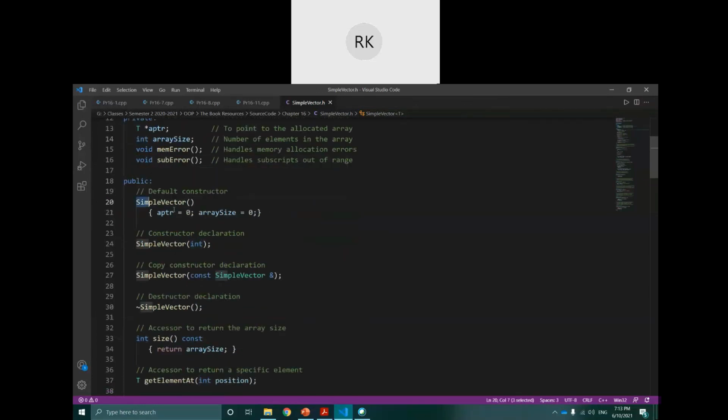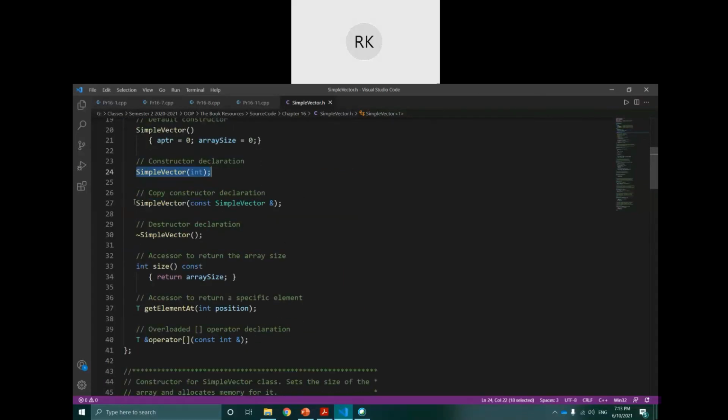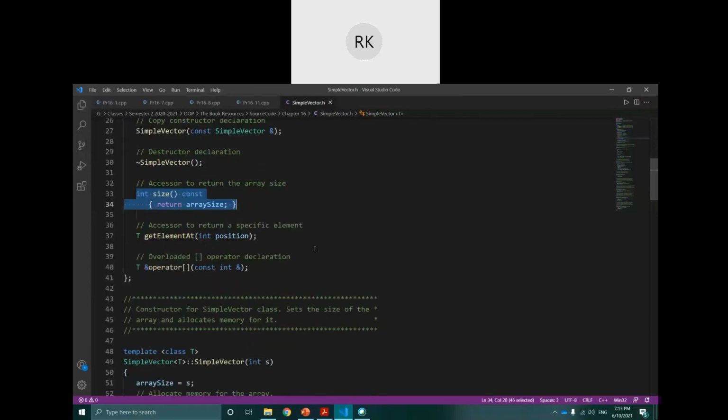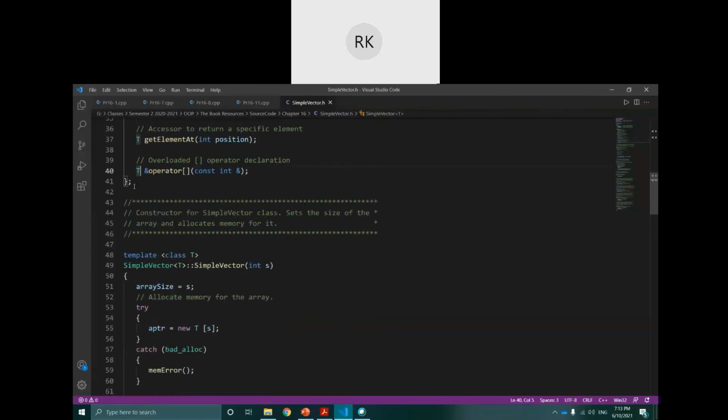The same way, the constructor, an overloaded constructor. Another overloaded constructor. These constructors are defined outside the class later on. Destructor, size function, get element, but it returns T. This operator returns T. So all these functions are defined outside the class. When you are defining outside the class, you see we are not only using the class name, but we are using the same template class T keywords again. So the class name, the T again, and the scope resolution operator you need to use again.